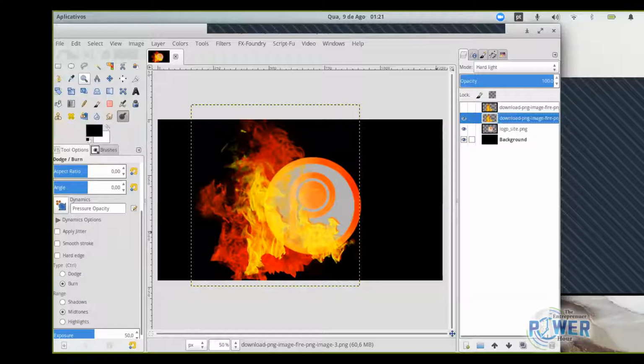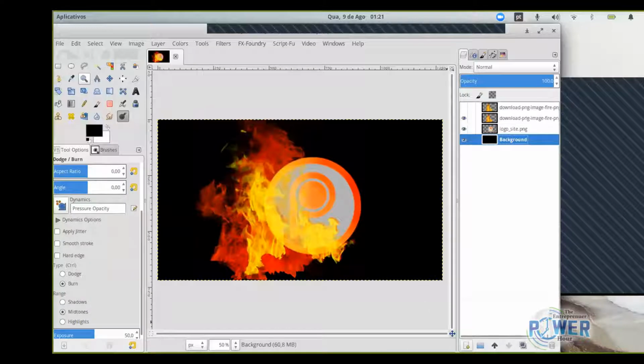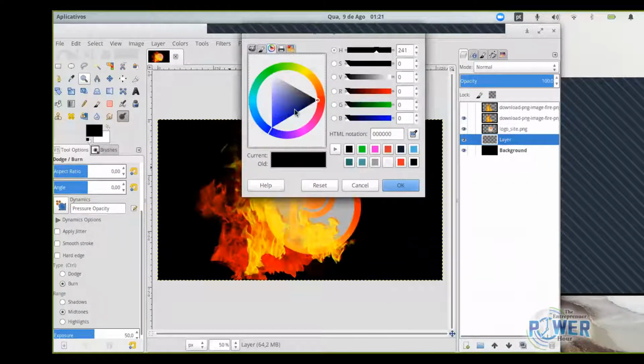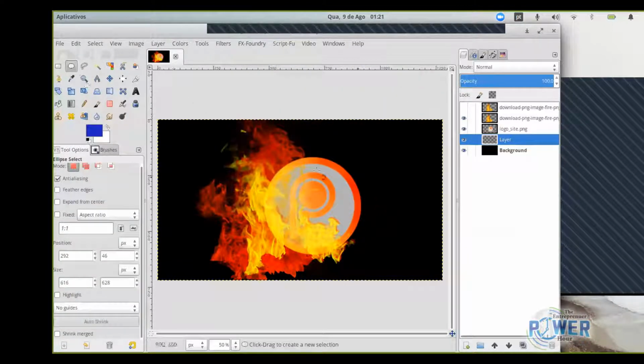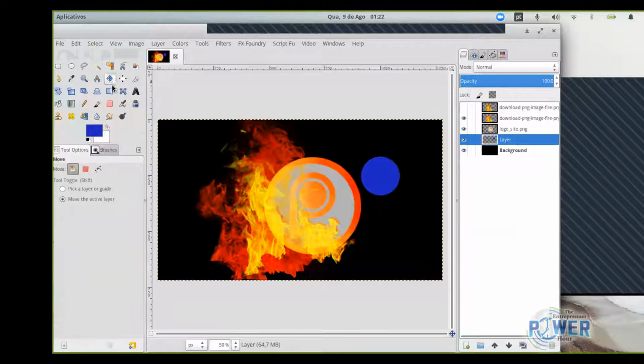For example, let's say I'm going to create another layer here. Using the color and the selection mask tool, I'm going to create another ball here, another circle. I'm going to paint it using Control, comma. Okay, we have it. I'm going to move it using the moving tool over my toolbox. I can drag it